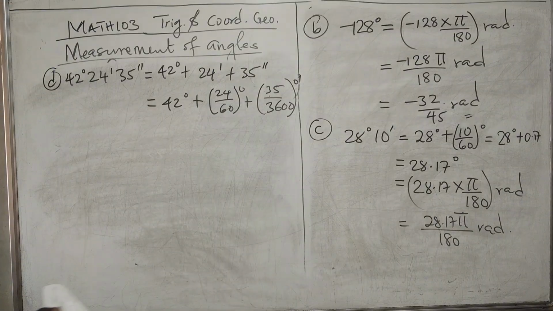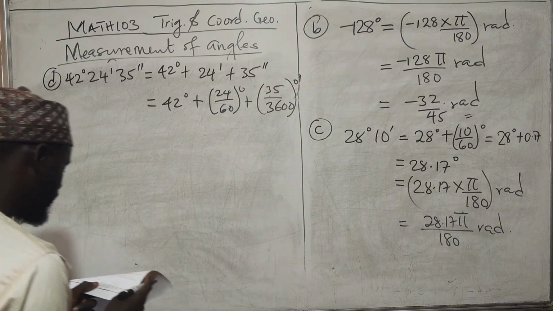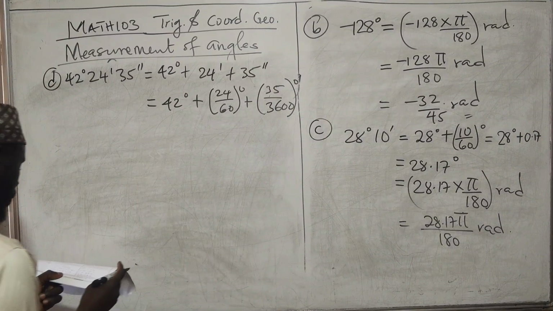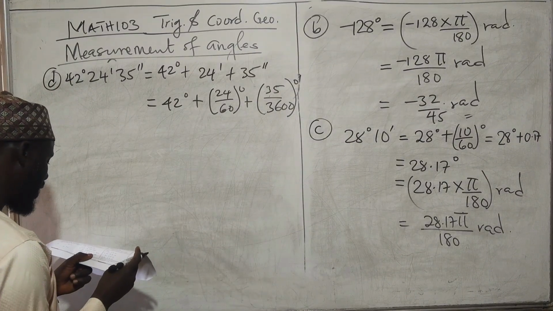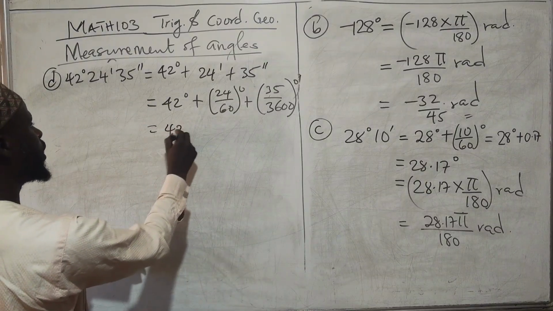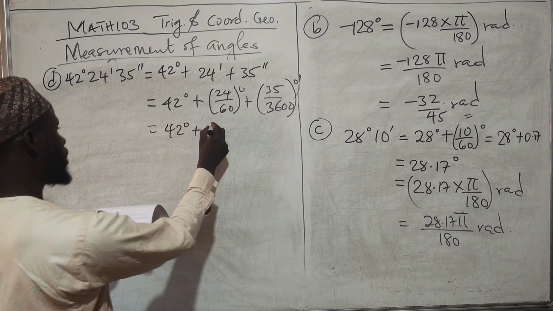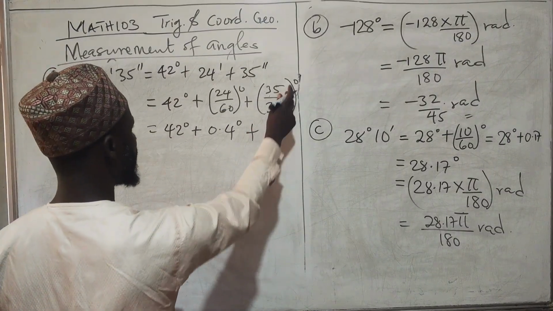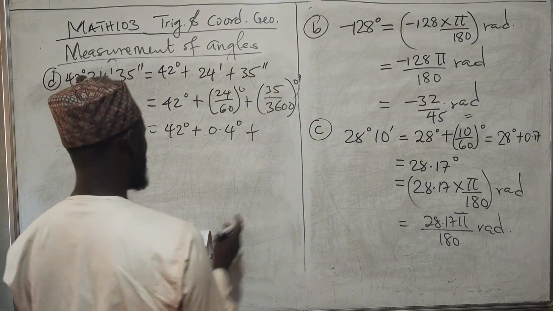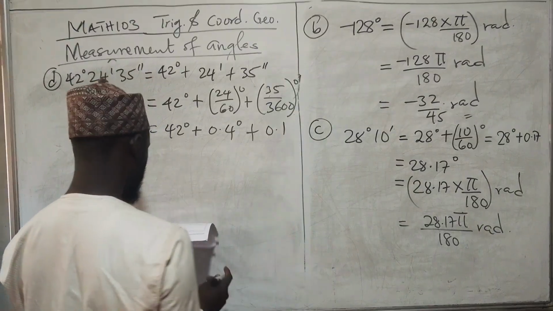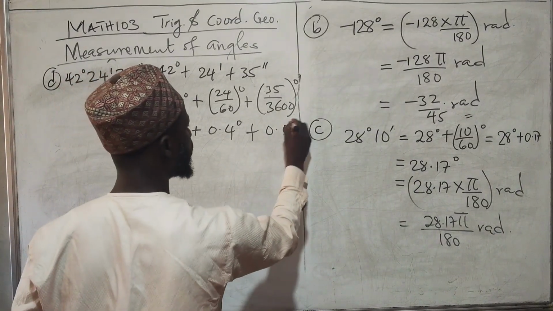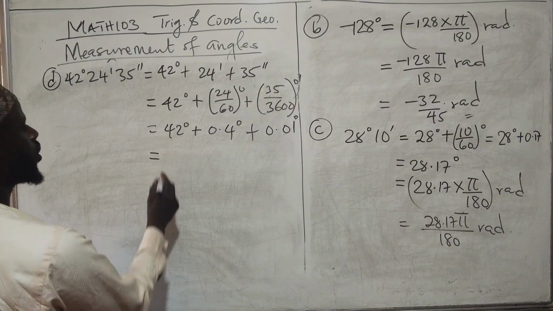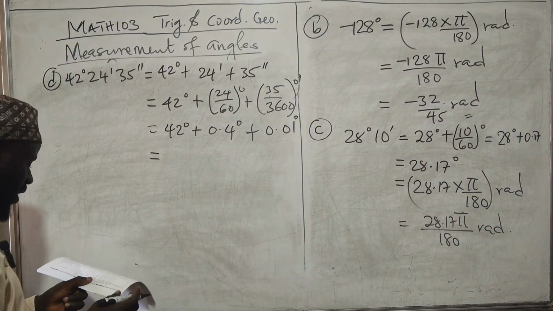So it is not difficult to see that the answer is 42 degrees plus 0.4 in degrees. After this, you are going to have 0.01 in degrees. So after solving everything and adding up, you are going to have 42.41